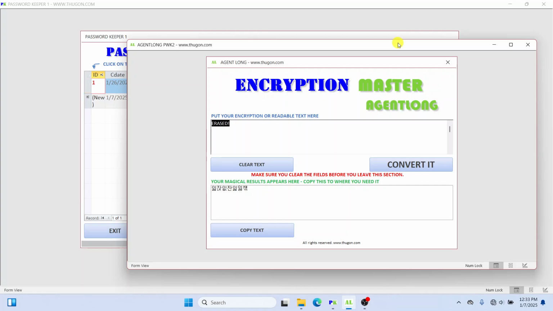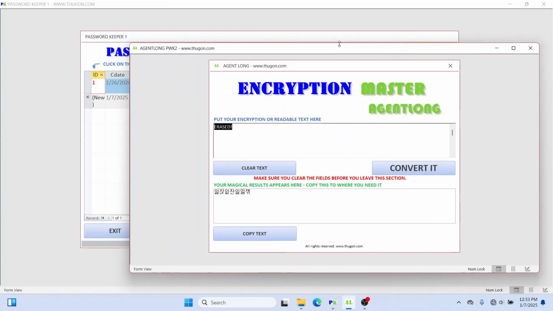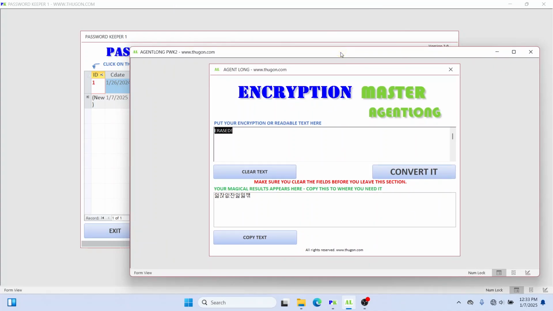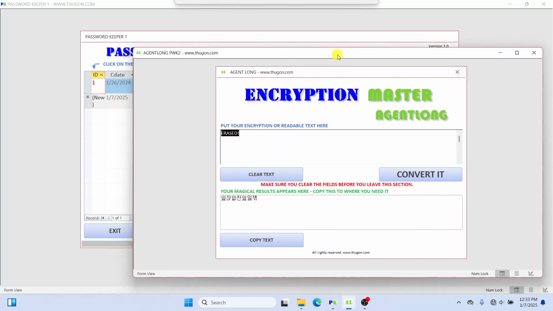So the gist of the software is to encrypt your texts and passwords. One of the policies that a lot of companies have is that you're not allowed to store any password in a text format or a readable format. So this application is to remedy that procedure. So for example,